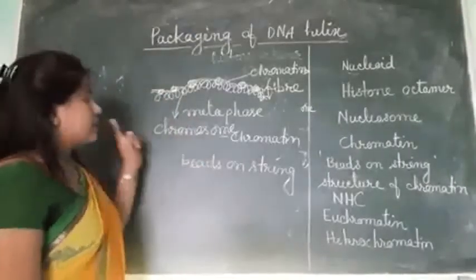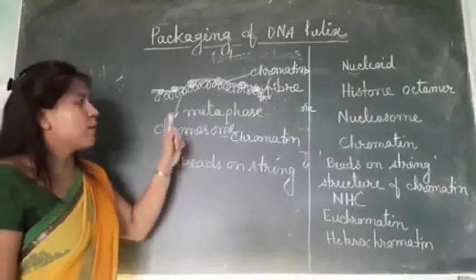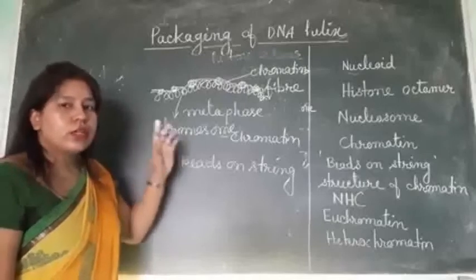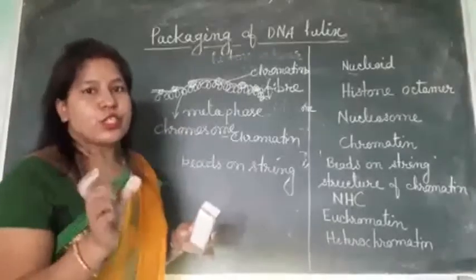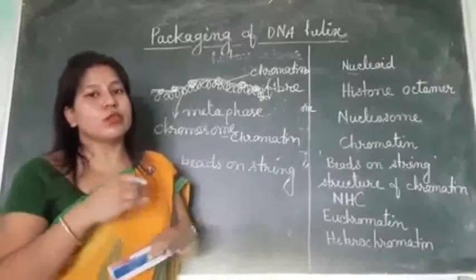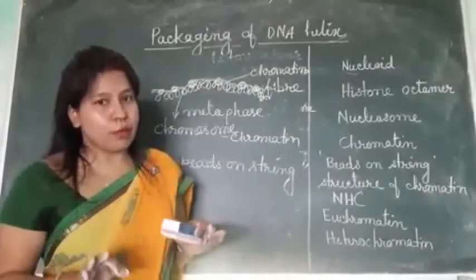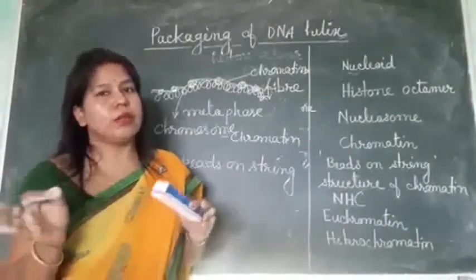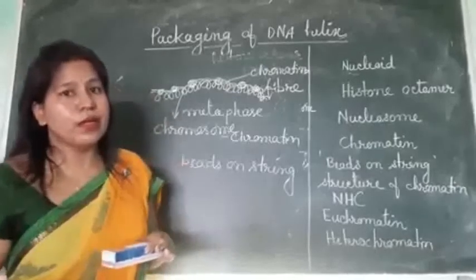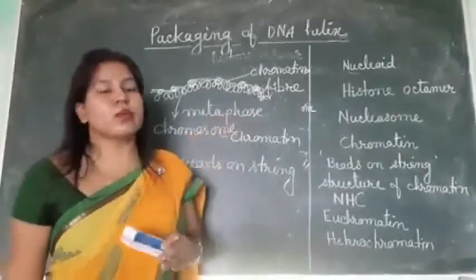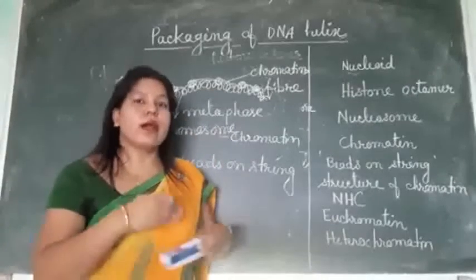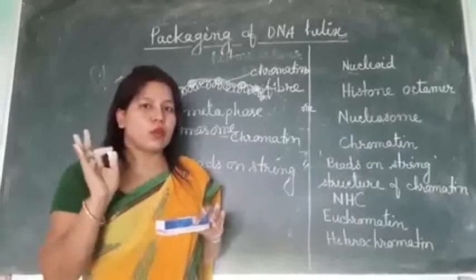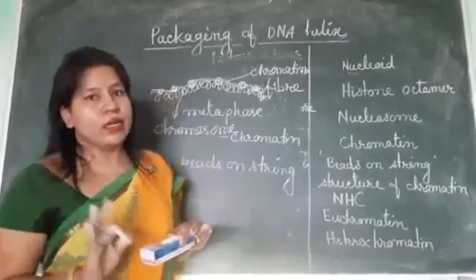Now it is clear to you that chromosome is made up of only DNA and histone protein, isn't it? DNA and histone first constitute nucleosome, then nucleosome constitutes the repeating unit to form chromatin. When chromatin is packaged and becomes a little condensed, it is called chromatin fiber. And during the metaphase stage of cell division, when chromatin fibers are further coiled and become more condensed, then we can call it chromosome. So chromosomes are made up of only DNA and histone proteins.